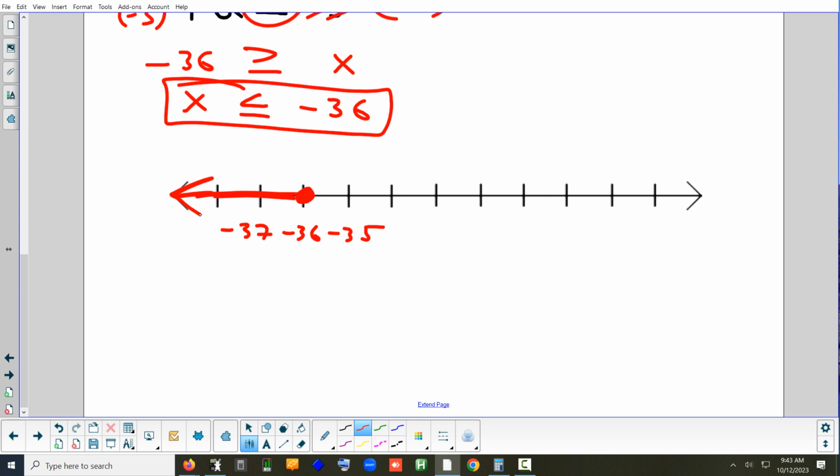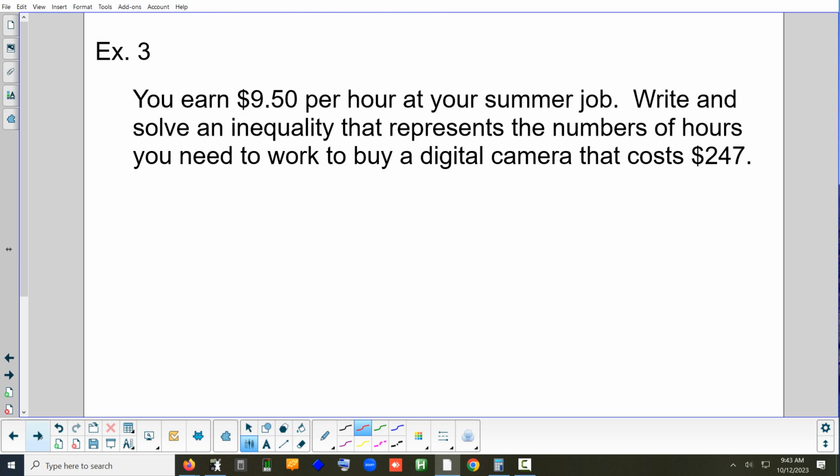All right, so the last one. Let's look at the word problem. I think you guys already have it. Make sure the numbers are the same. 9.5, 247. Yep, looks good. Okay, so it says that you earn $9.50 an hour. Write and solve an inequality that represents how many hours you need to work to buy a digital camera that costs $247. Okay. So,